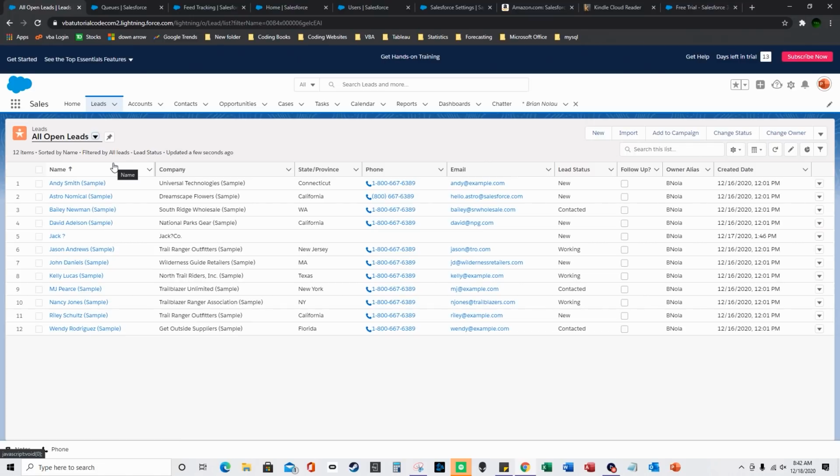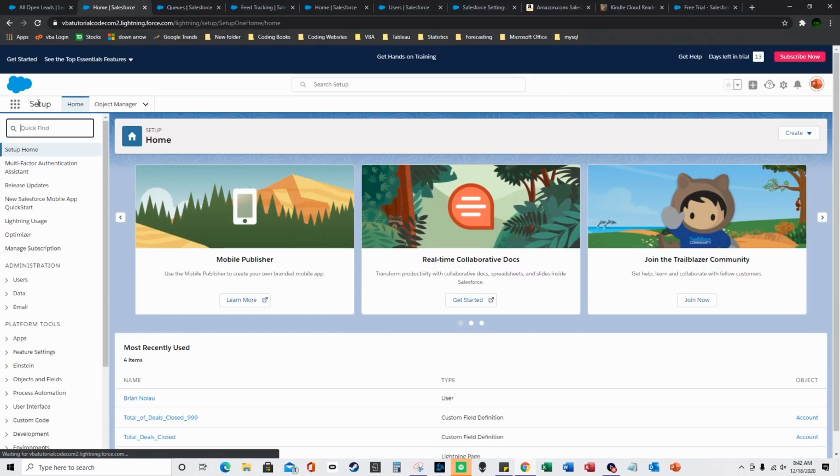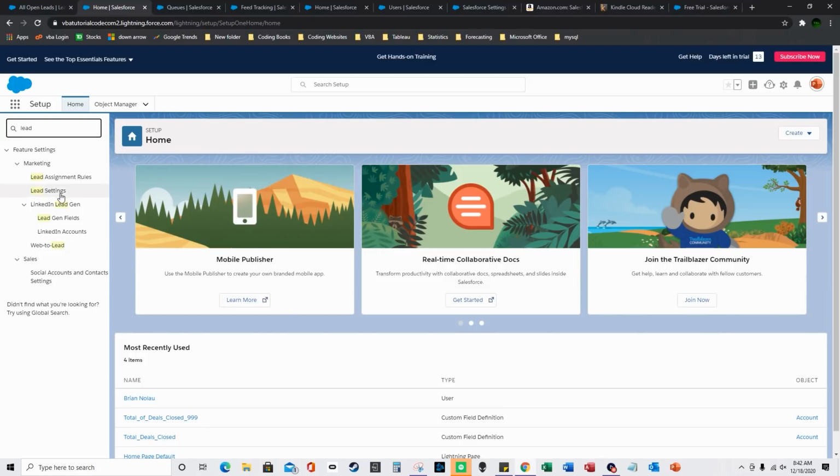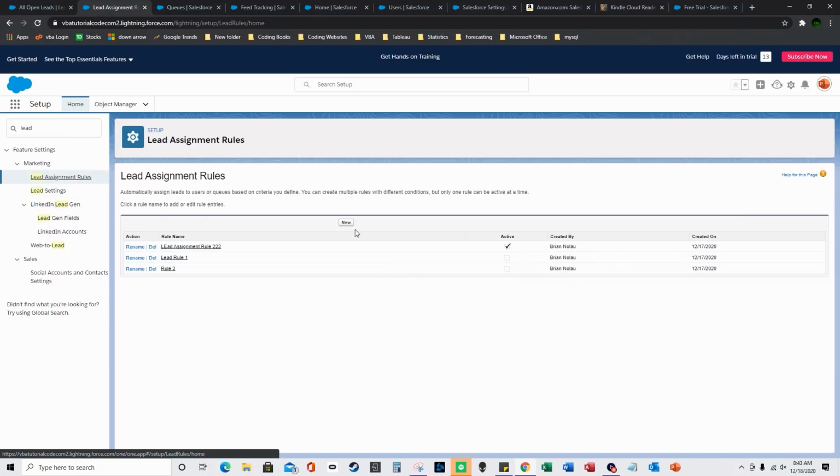And you could have auto assignment for leads if you go to setup and you search lead settings, and the default lead owner, you could edit this here, and the queue or user that will own a lead when assignment rules fail to locate an owner. So when there is a lead and nobody's assigned it, then this is the default lead owner, and you could click notify if you want them to be notified. And then under lead assignment rules,